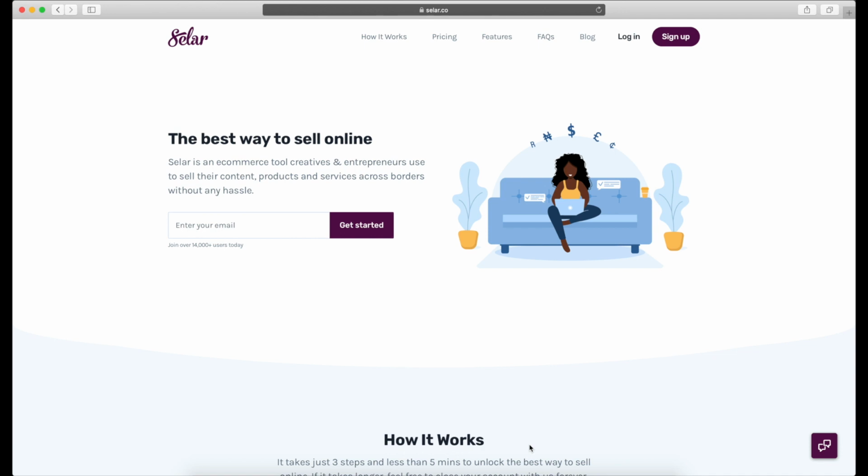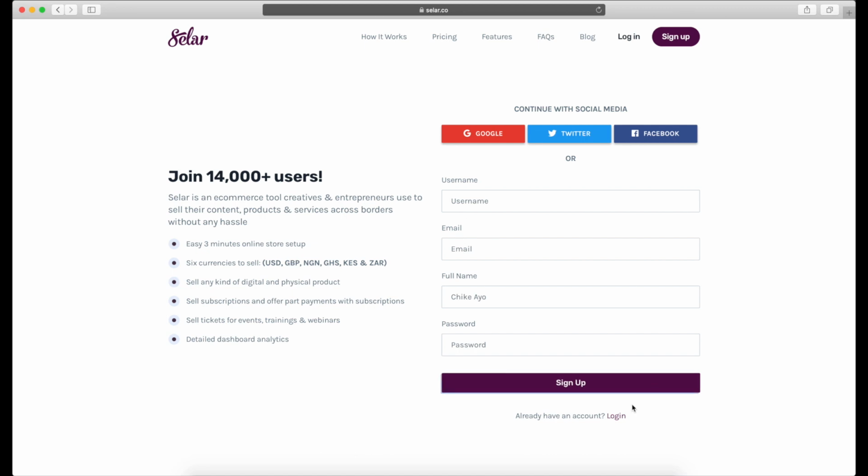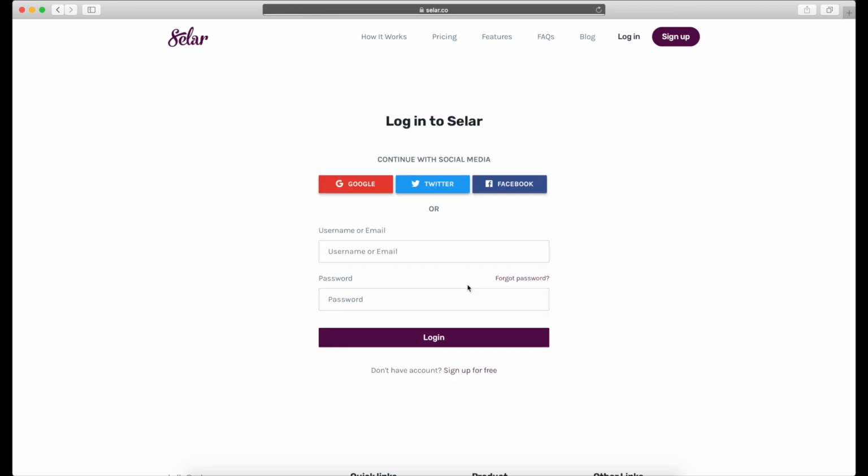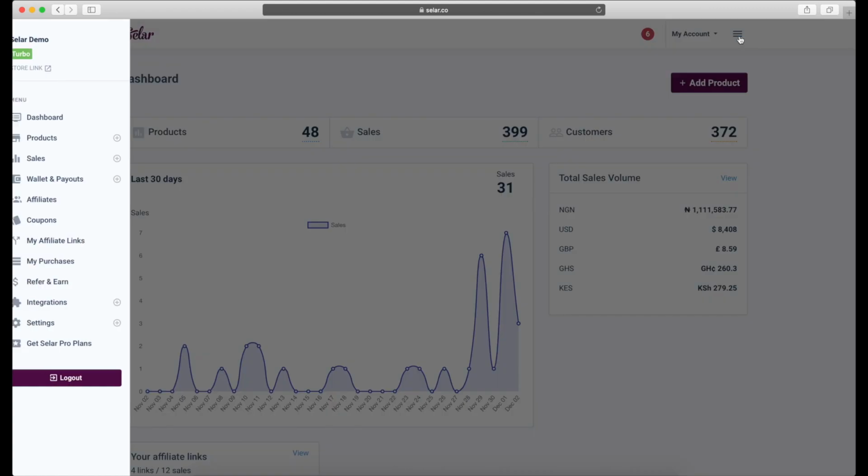This is a very quick walkthrough of Selar courses and how everything works. So the first thing you want to do is just create an account. If you don't have one, you can sign up. I have an account, so I'm just going to use the demo account. So once you're in the dashboard,